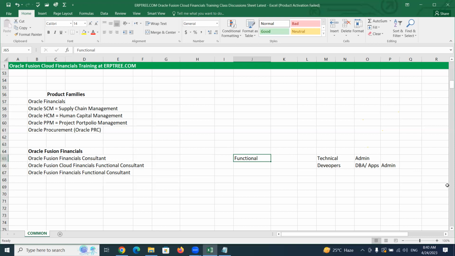Any other questions here, please? Lakshman, I just want to add to that a little bit more. My name is Subramani. What Lakshman said is so true. The demand for Fusion functional, and other products like SCM and HCM, is picking up really big. Oracle is able to sell the Fusion product every quarter, up like 30 to 40%.